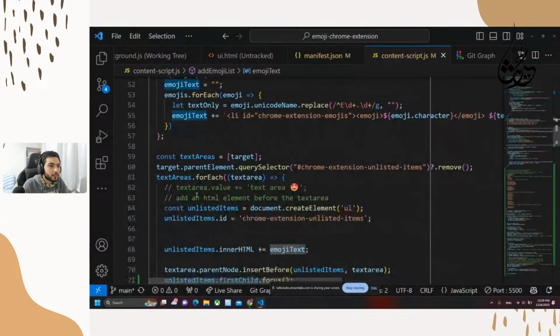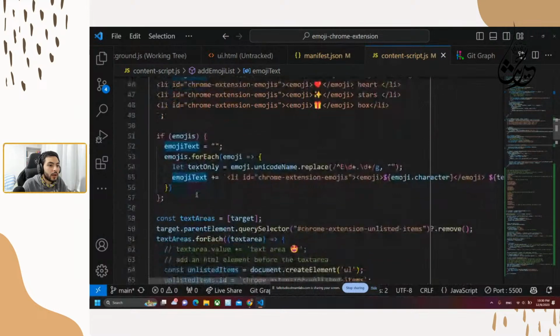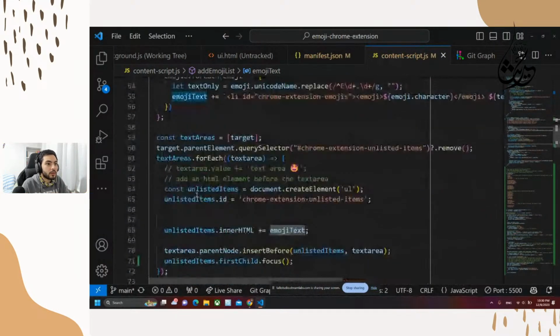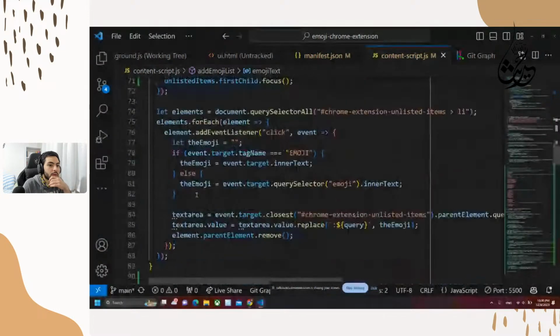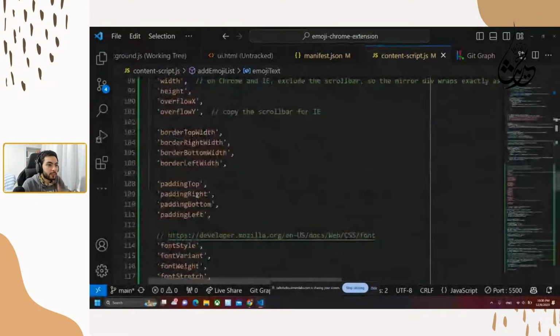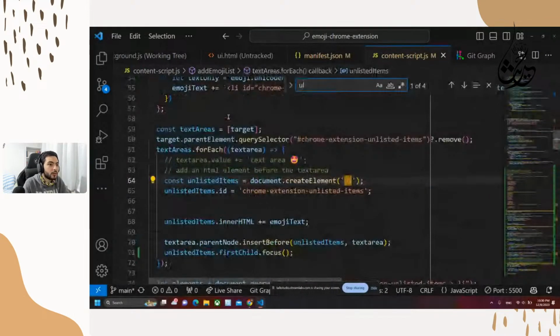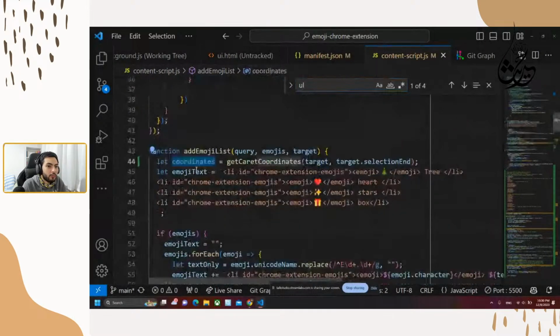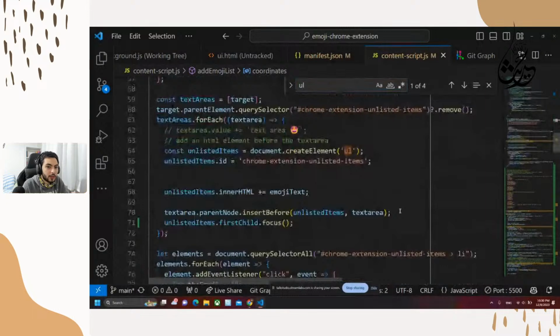Unlisted item. Here we have the emoji text and text area. Where did I create that unlisted item? It should be, so here it is. So I have those and I need to get that for our unlisted item here. And yeah,